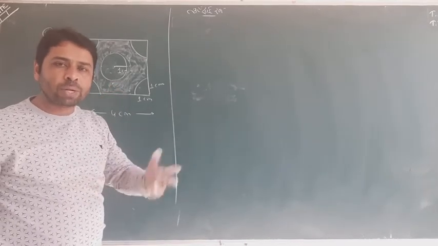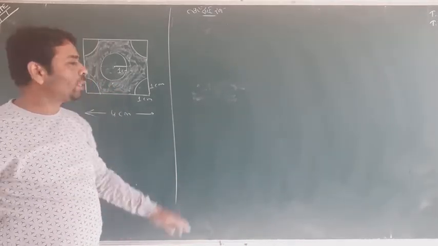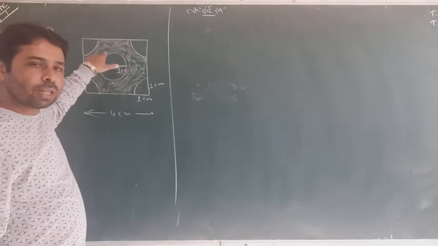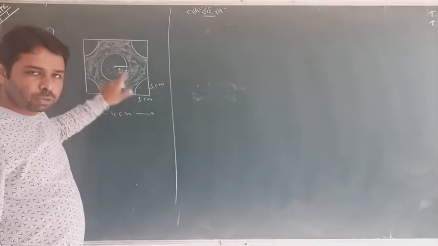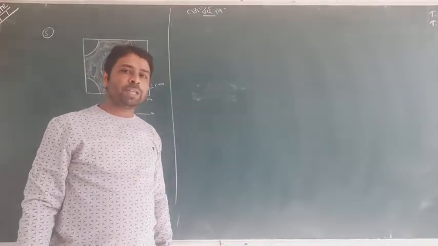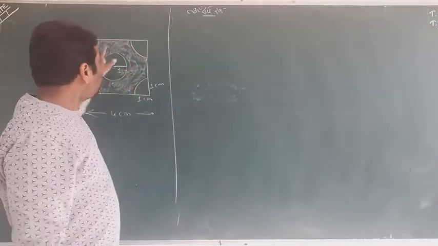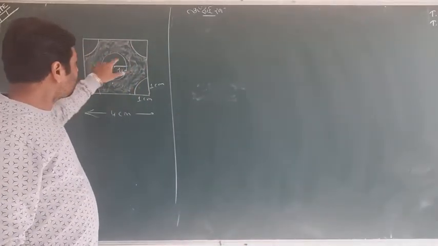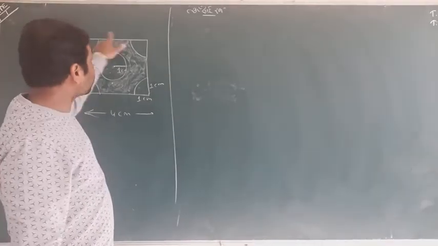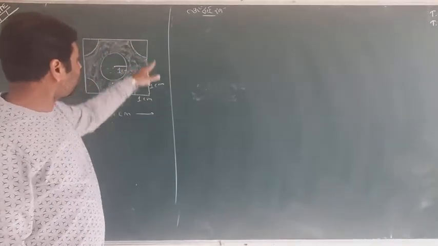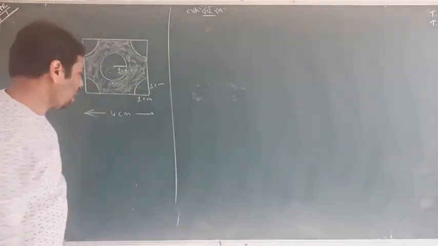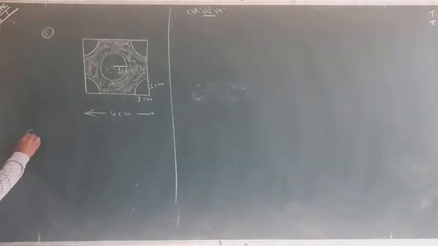So I would have all the area of a quadrant, and then I would have one more thing, that is area of a circle. Radius is 1 centimeter. So you also know area of circle is pi r square. Now after finding these two, what we will do? We will add these two. Area of quadrants plus area of circle, and I will subtract this all area from the area of a square. So I would have the rest areas. So it's simple. I would be a little formal here.